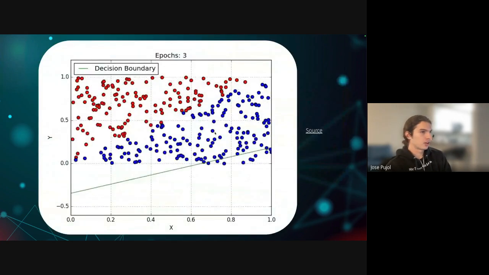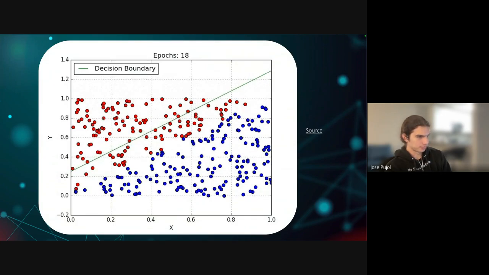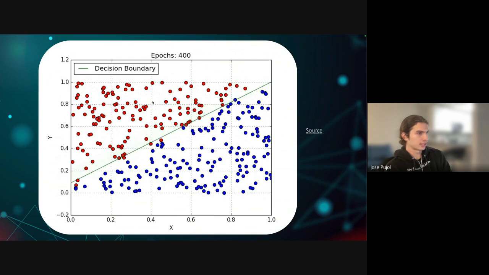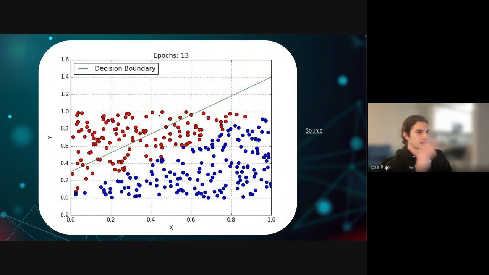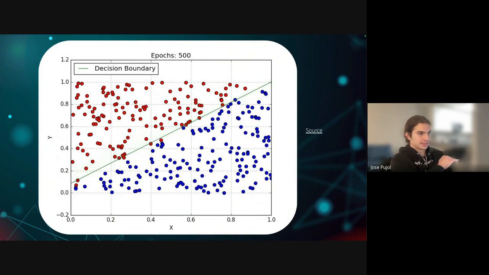If this is one category and this is another category, let's say this is benign and this is malignant, you want the model in that Z value and that regression to find a correlation that separates those two.